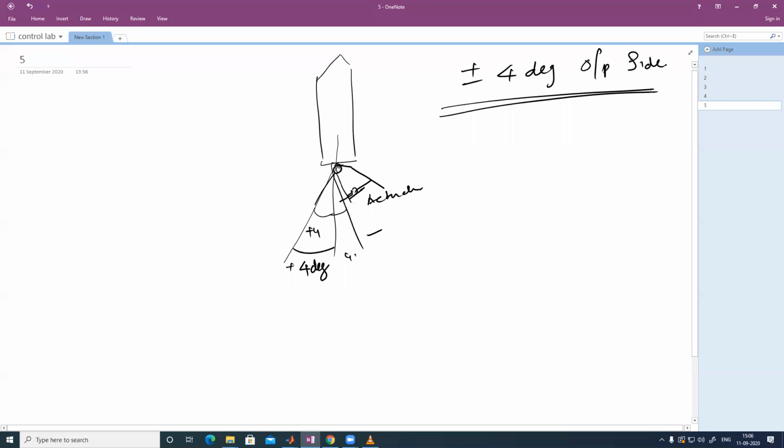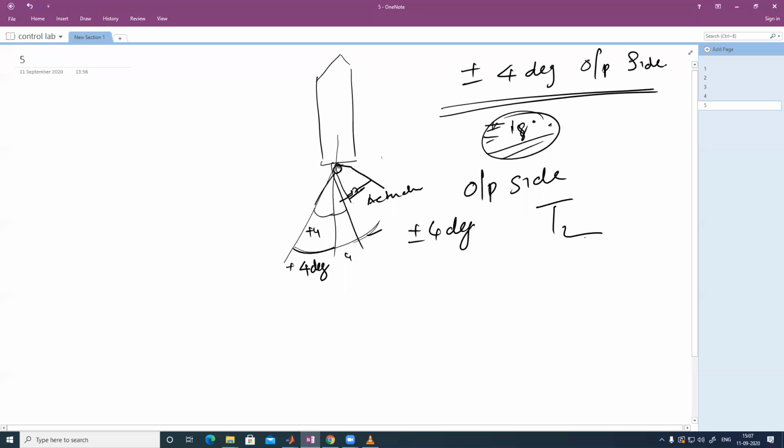If you have studied flight mechanics, in flight the maximum angle of attack is plus or minus 18 degrees or something like that, only you can give. Normally you will not give beyond that. So here also the actuator is limited to this maximum. If it is going beyond, it will crash, something like that will happen. So this rocket also is given a maximum of plus or minus 4 degrees, the maximum stroke limit.